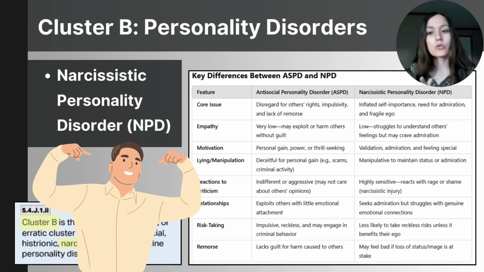In antisocial personality disorder, a person might think, I want what I want, and I don't care who I hurt to get it. Whereas someone with narcissistic personality disorder, it's going to be more about their own self-importance and admiration. So they might think, I want to be important and I'll be mad at you if you don't admire me. So if you would take a moment and look at some of those key differences, because this is one where I find that students often get confused between antisocial personality disorder and narcissistic personality disorder.